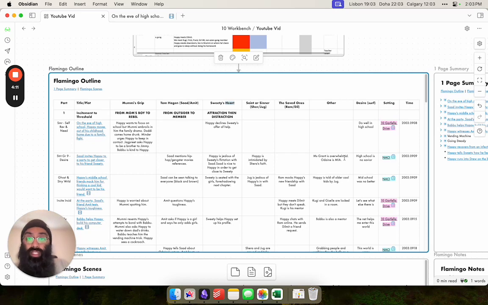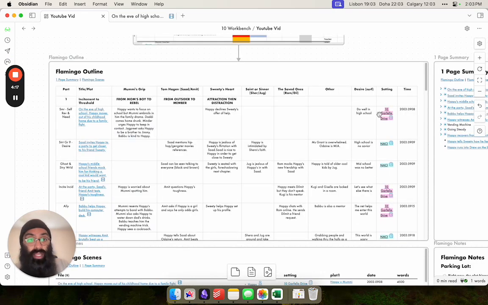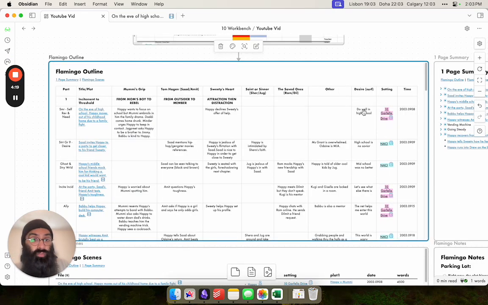Some fidelity you lose is having colored cells. You have colored cells in Excel. You can't do that in Obsidian. I'm not tied to that. What I've done instead is go for colored